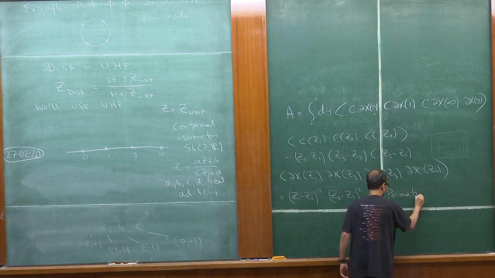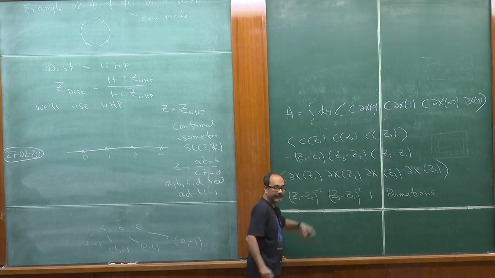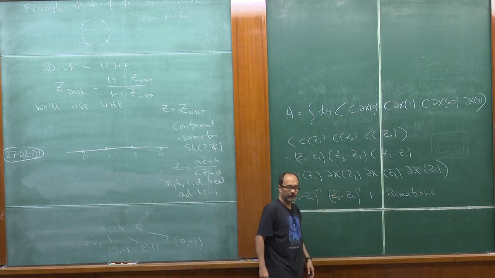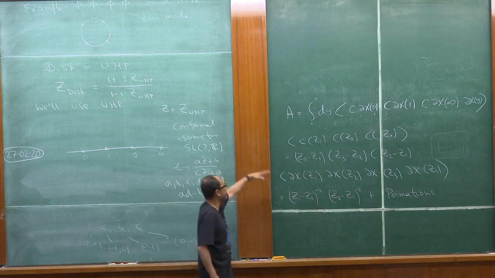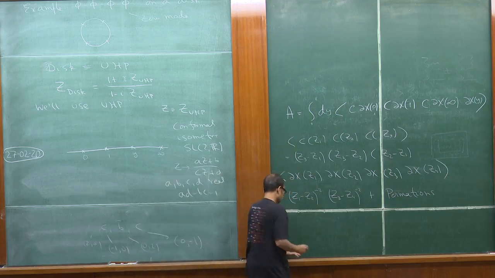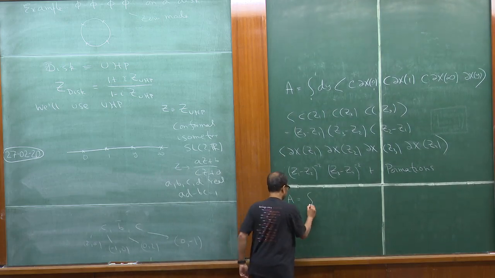Okay, basically 2 more terms. Right? You can just have Z1 minus Z3 to the -2, Z2 minus Z4 to the -2, and so on. Okay. So, using this, we can evaluate this, and it is a simple exercise to check that this becomes